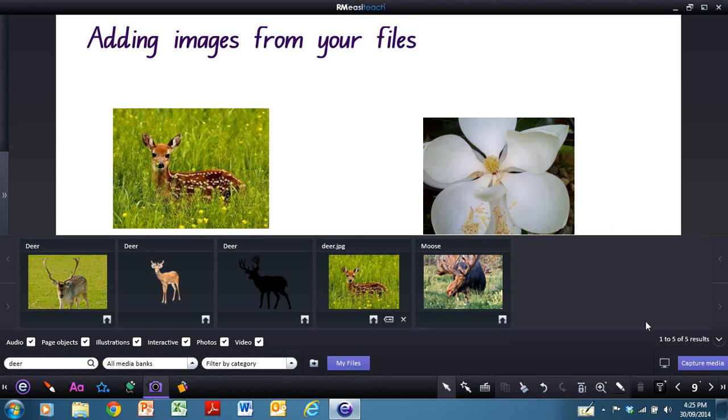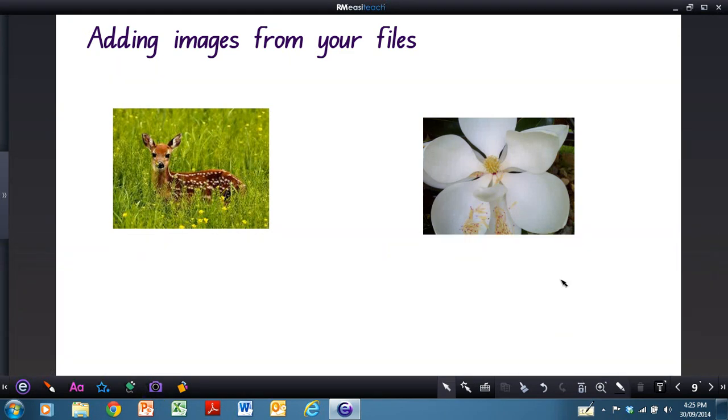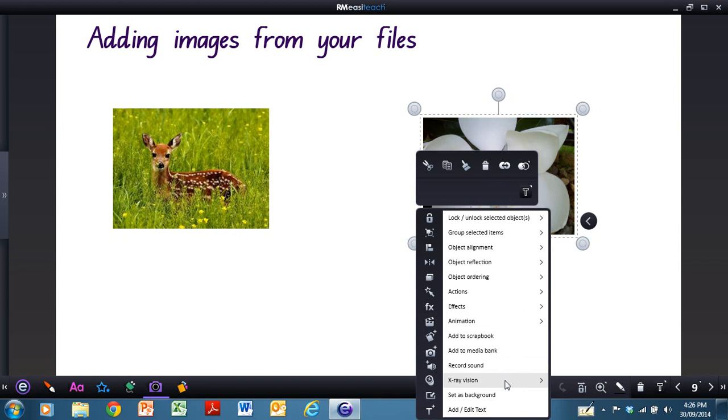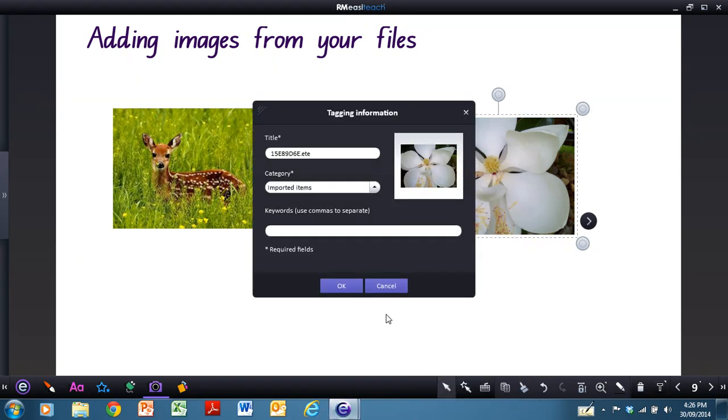If you do decide afterwards that you do want to save that into the media bank, you can do that by selecting it with select mode, going to your accelerator menu and selecting Add to Media Bank. This once again will allow you to give it a particular name, and then you can type in whatever keywords you want